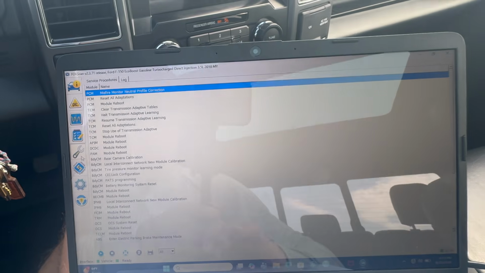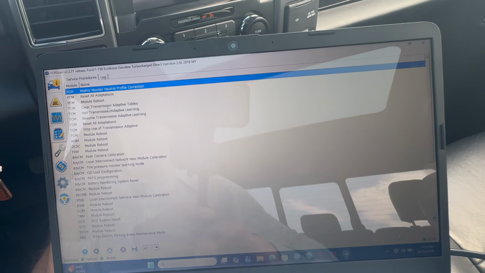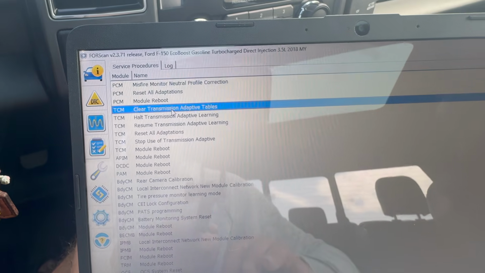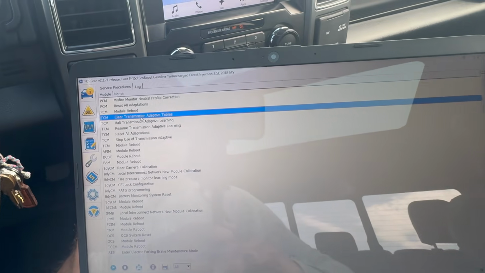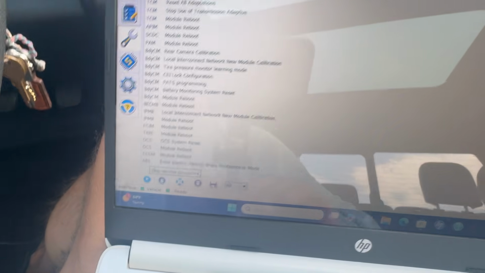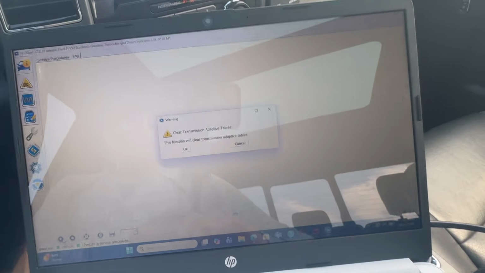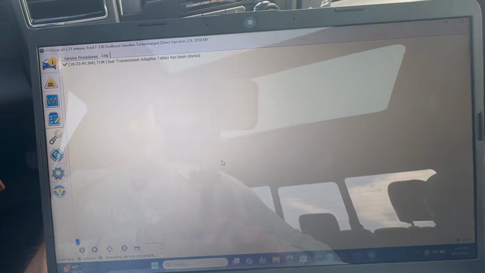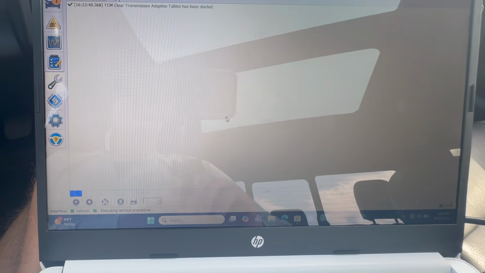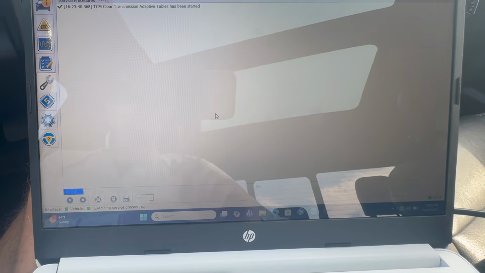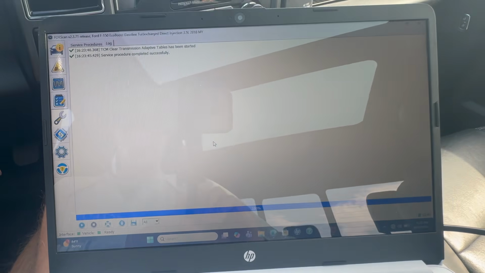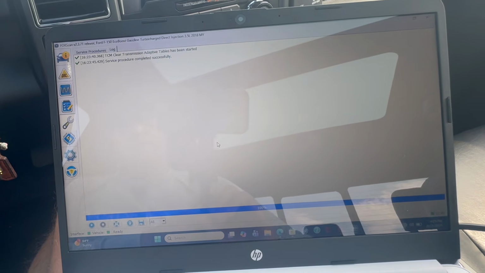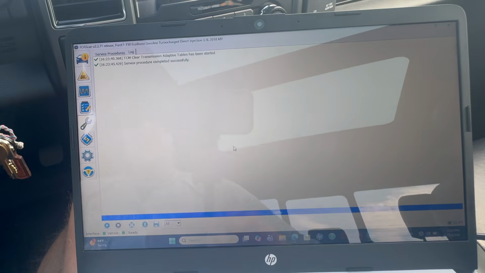All right, we're gonna go to the wrench. We are gonna go to clear transmission adaptive table. Perfect. Okay, we're gonna go down to the run or play button. Clear transmission. Heck yeah, and cross my fingers. I think this computer, oh, that was pretty quick actually. All right, procedure complete. I'm gonna run this thing through that set of gears, you know, nice and easy, because